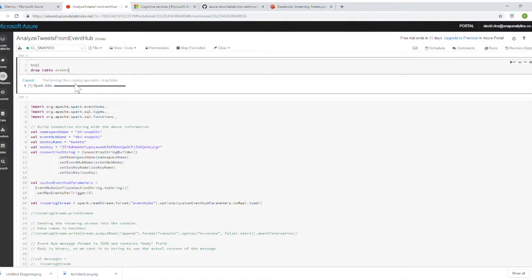So initially it can take a little while because I think this notebook just has to attach itself to the cluster. And that's just going and dropping that table now. So if we move on, the next